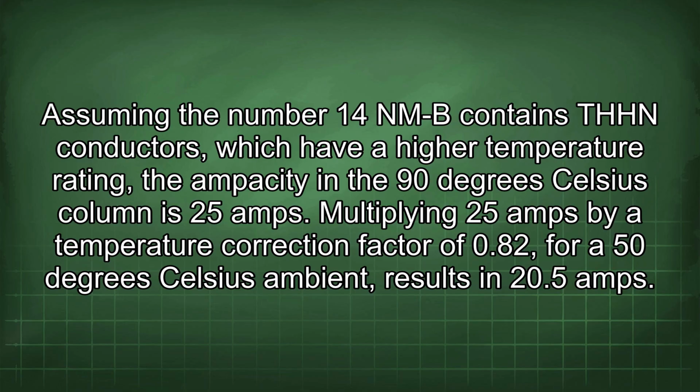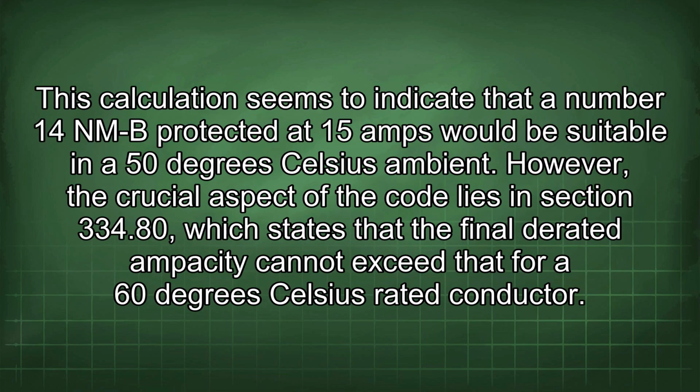Assuming the number 14 NM-B contains THHN conductors, which have a higher temperature rating, the ampacity in the 90 degrees Celsius column is 25 amps. Multiplying 25 amps by a temperature correction factor of 0.82 for a 50 degrees Celsius ambient results in 20.5 amps. This calculation seems to indicate that a number 14 NM-B protected at 15 amps would be suitable in a 50 degrees Celsius ambient. However, the crucial aspect of the code lies in section